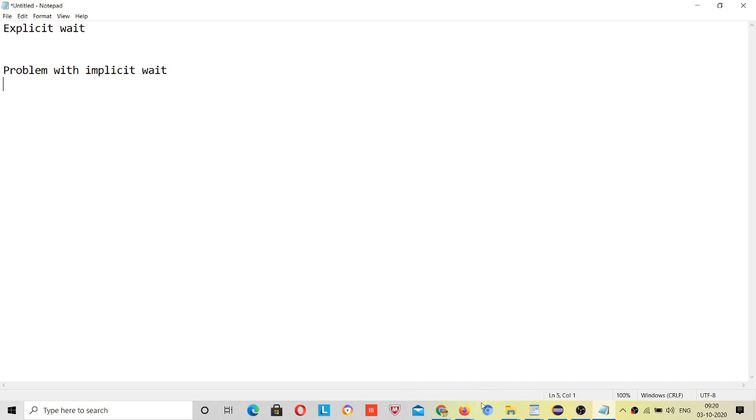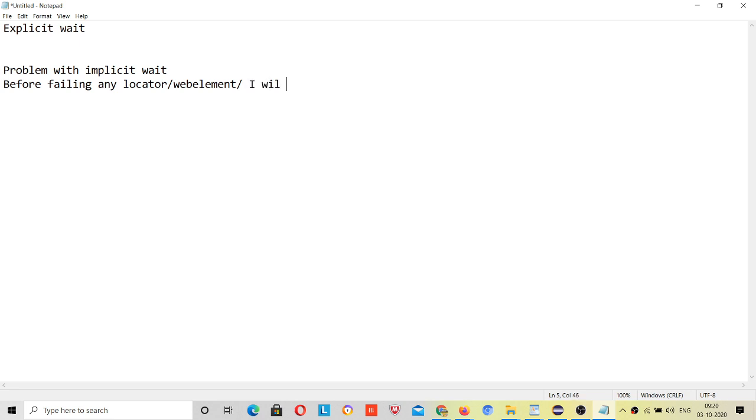The problem is that with the definition you can understand the problem. Implicit wait says that before failing any value, any locator, any web element, you can understand in this way,